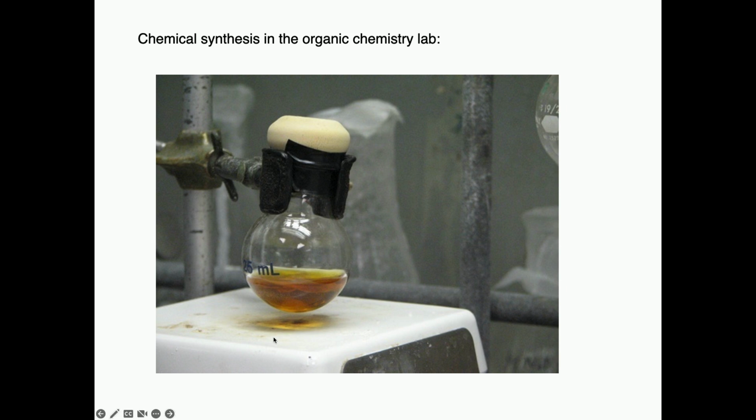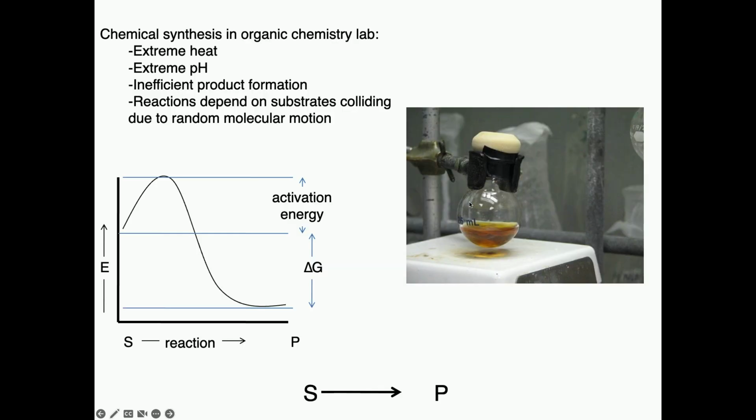We've got hot plates. It's in glass because it's probably super corrosive, right? And you can see that the metal surfaces here are all corroded, right? Okay. So when we synthesize things in the organic lab, in order to get a product, we usually have extreme pH, extreme heat,